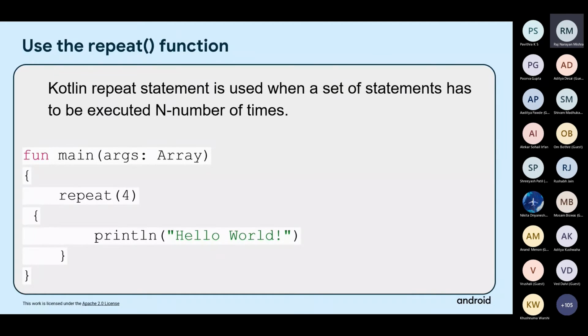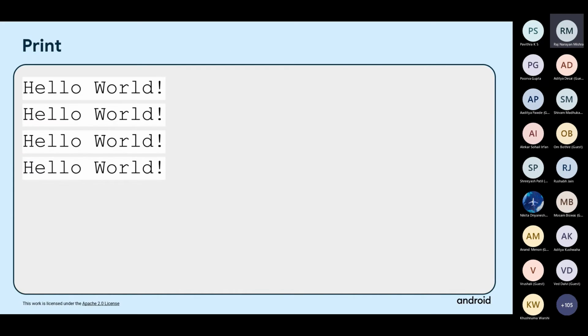Here, if you want to perform the same function again and again, either the printing of a value or returning some value, then you can use the repeat function. Like repeat to print hello world, then the value is printed 4 times. It's just the same as your